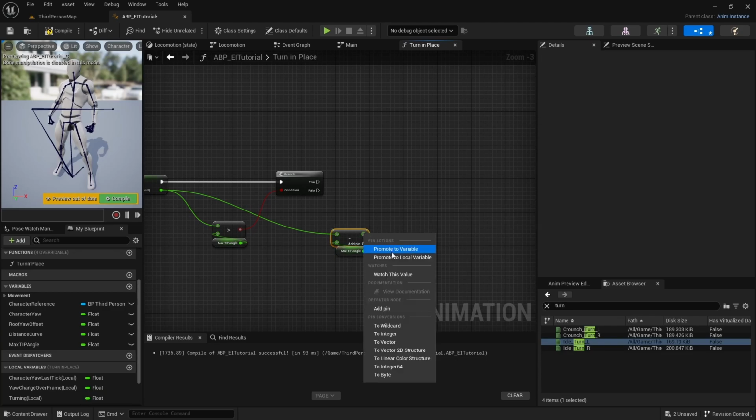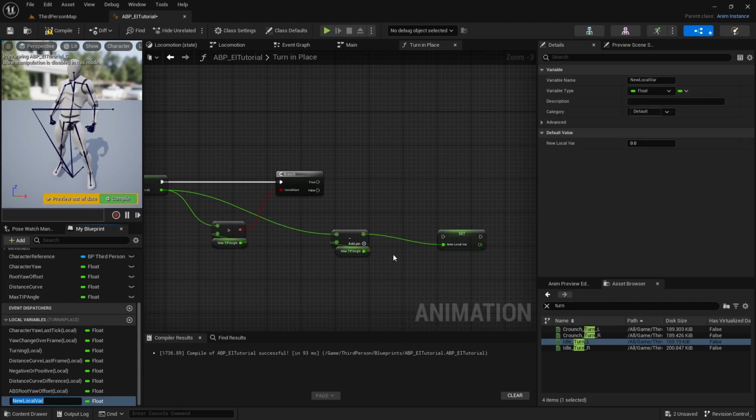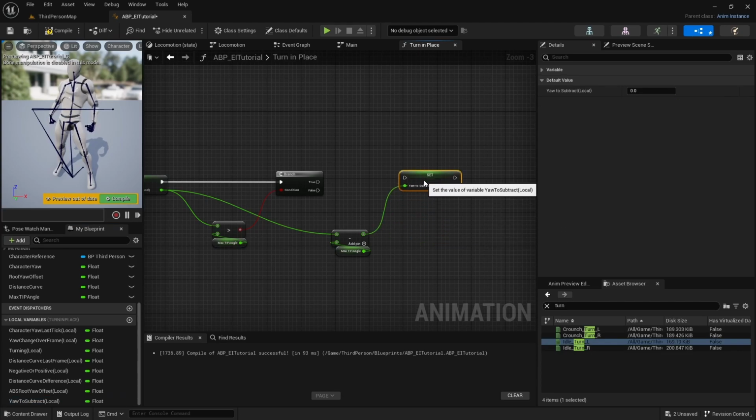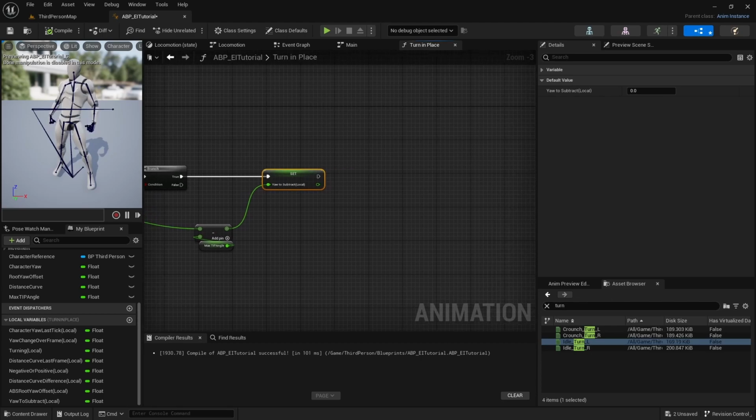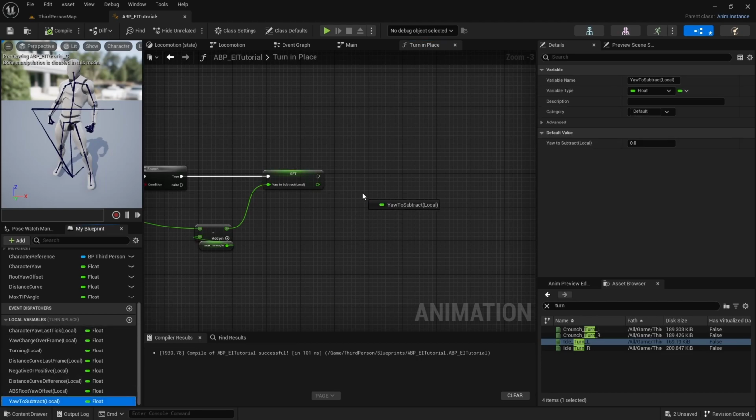And then go ahead and promote to a local variable. And we're going to call that yaw to subtract local. Yeah, it's a lot of variables. There's a lot of calculations in this, but once we get this all set up, it's hard to explain. It's easier to see it once it's working, and then we can kind of go over it a little bit more. So then we want to get that yaw to subtract local,